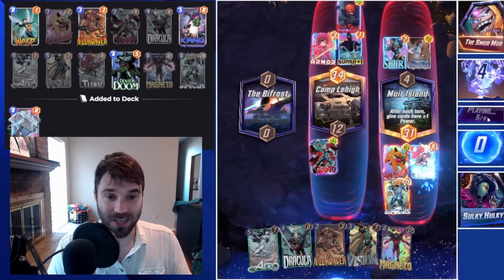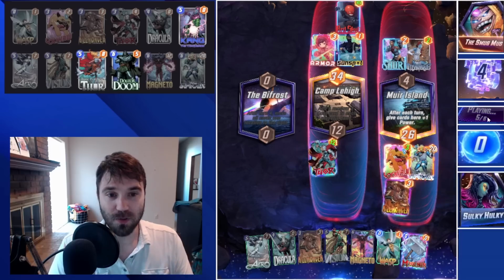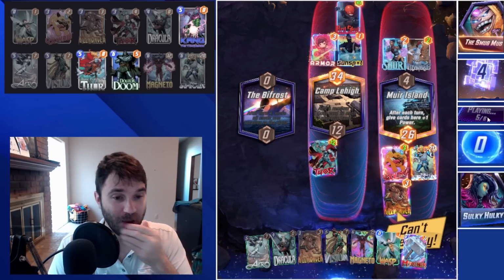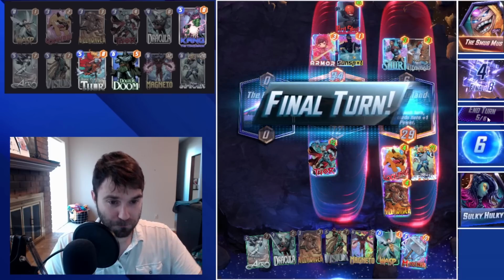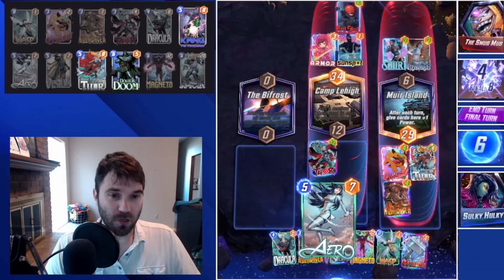That's going to be important if we get our Kang, if we flip into it here. Oh no, so it's the Killmonger. Okay, so we do have another Mjolnir. We can play Wasp over to the left. We're unable to draw this turn, so maybe we do